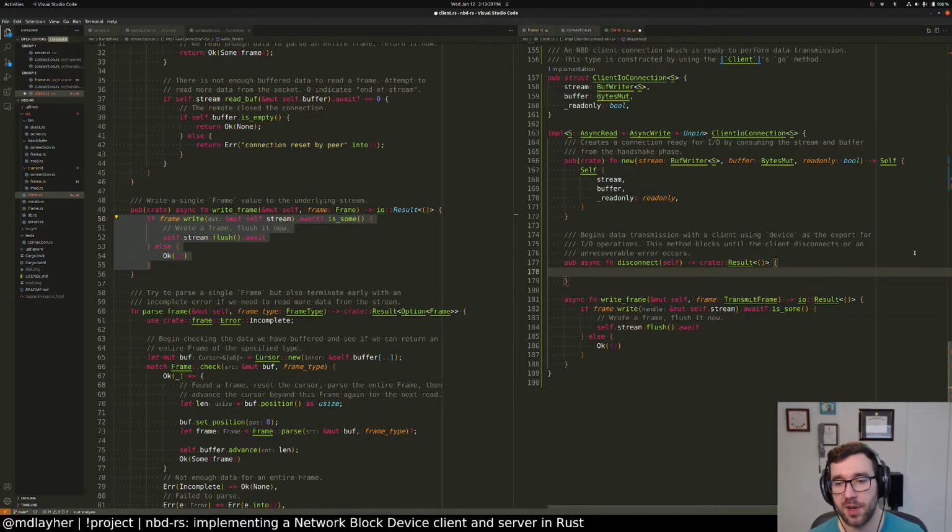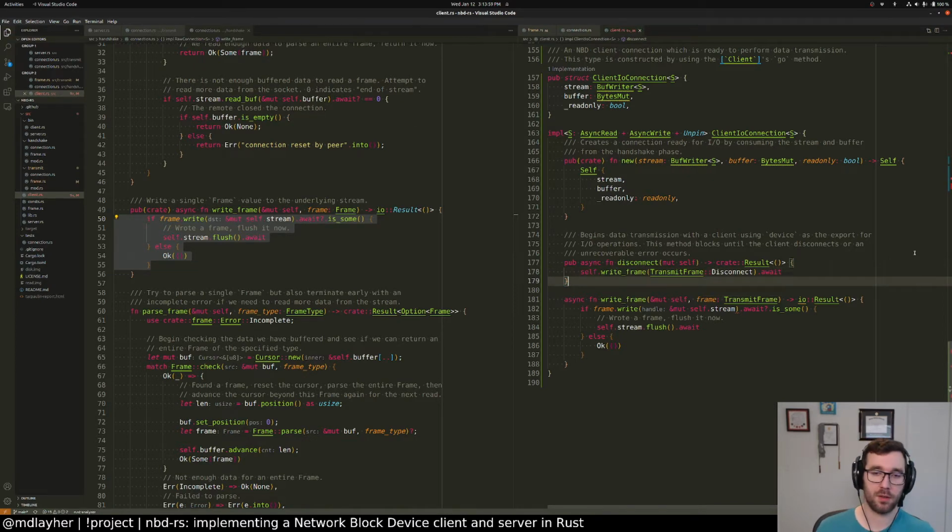So disconnect is going to send a disconnect frame. So this will return self write frame. This will need to mutably consume self. Write a frame, which is the transmit frame. So transmit frame disconnect, and then wait for it. I think that's it, right? I mean,